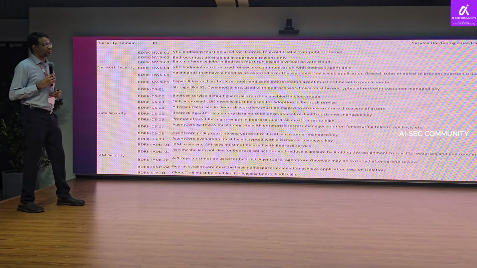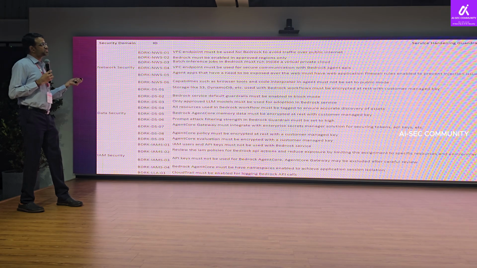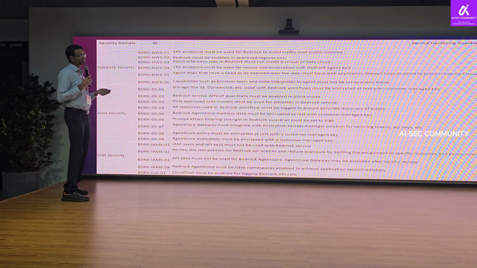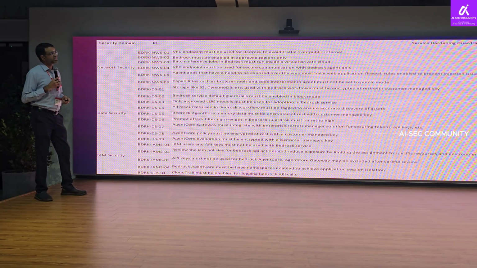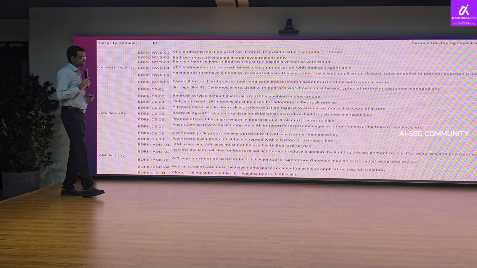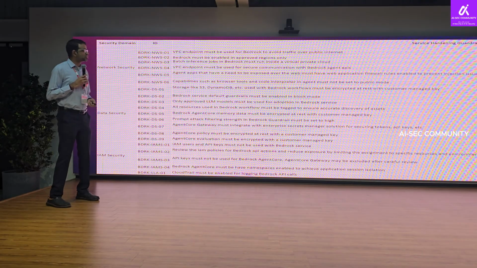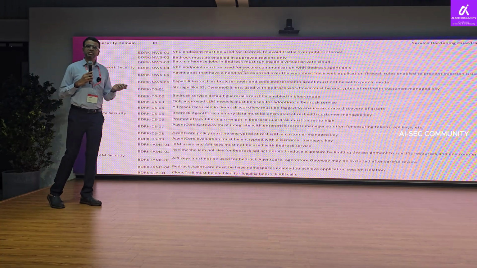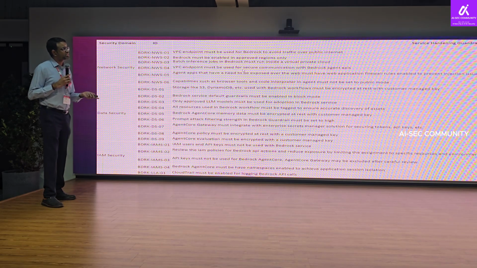But I think I'll get an opportunity in the future to show how these baselines can be translated into policy as code, and then run against a template infrastructure as code pipeline, and we can see how this can be prevented or even detected, and what the impact is. With this, I would like to conclude my presentation, and I'm not sure if you open up for questions or we do that later.